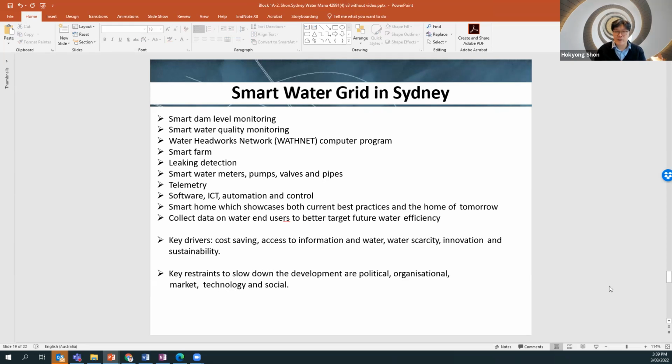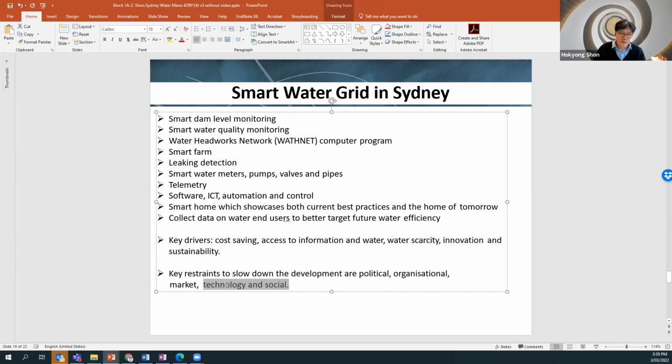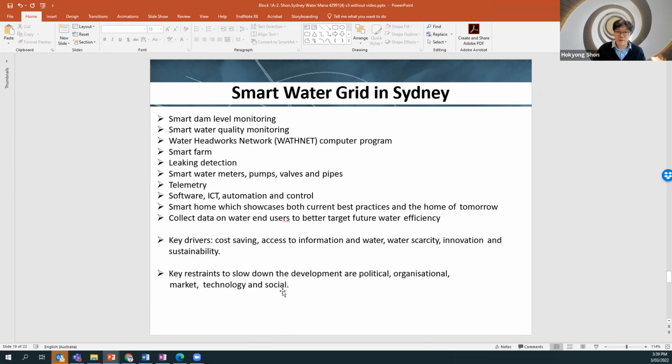That's the reason why in our assessment one, we need to look at how we can better understand community engagement, socio-technical issues, stakeholder engagement, and public perception. That will be our first assessment. And then the second assessment will be recycling. So wastewater recycling plants will be